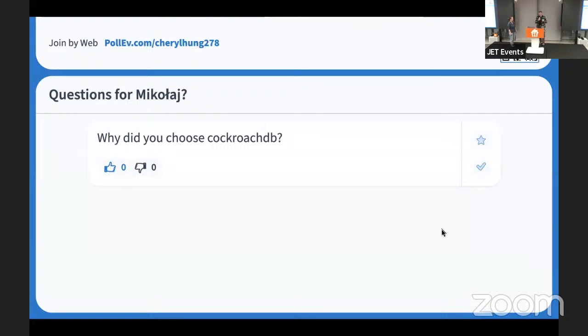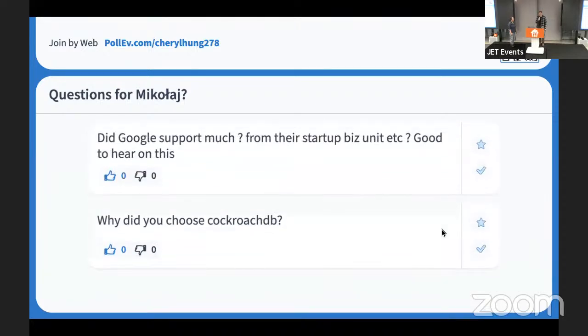And on the diagram, this was the managed Cockroach. Because we are a small team, around 15 developers during the life cycle of the project so far. So this is why we chose Cockroach.